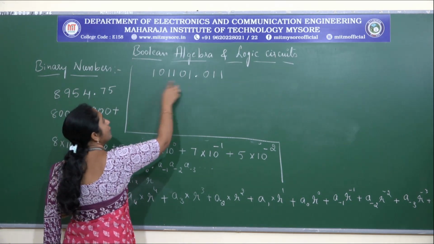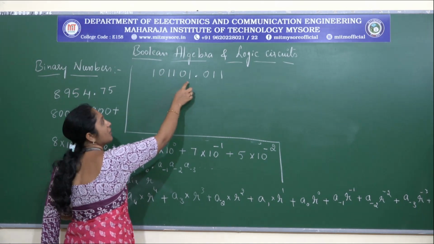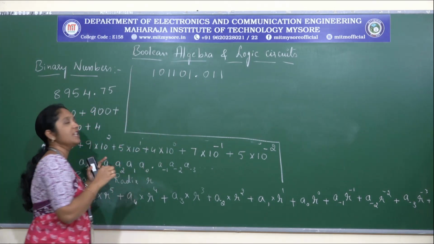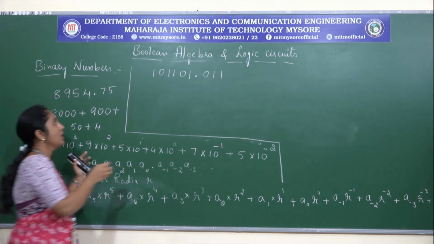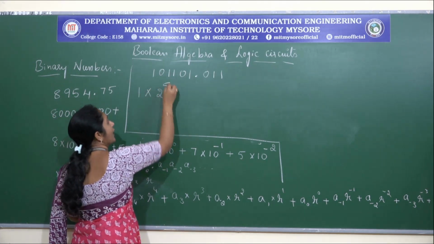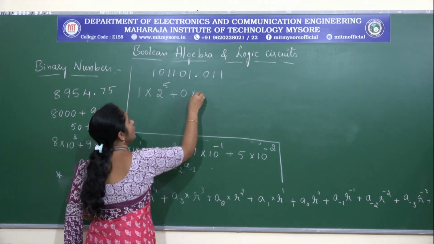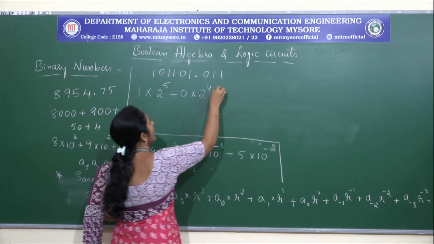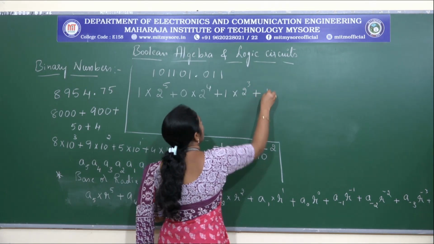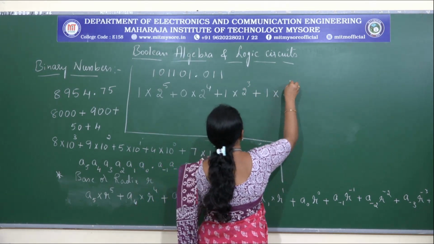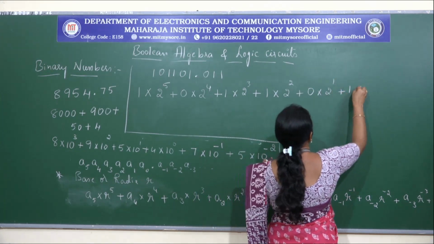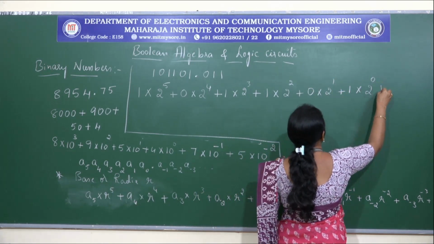If you count the digits before the point, we have 0, 1, 2, 3, 4, 5, so the highest power of 2 will be 5. Therefore, let us start: 1 into 2 power 5 plus 0 into 2 power 4 plus 1 into 2 power 3 plus 1 into 2 power 2 plus 0 into 2 power 1 plus 1 into 2 power 0 plus,